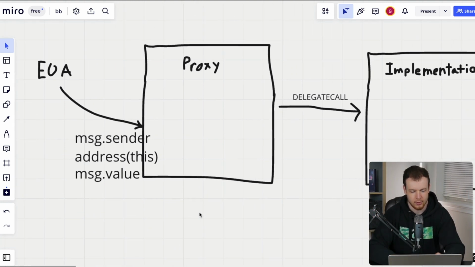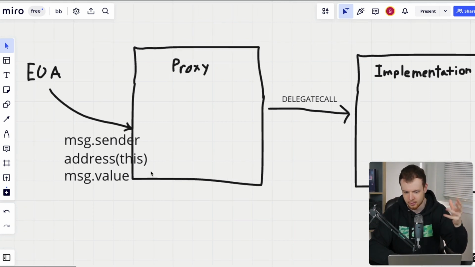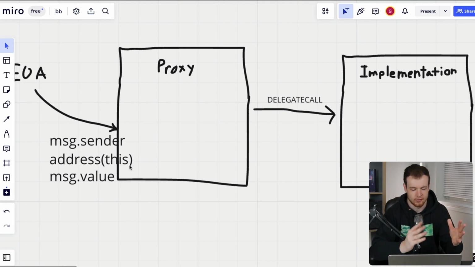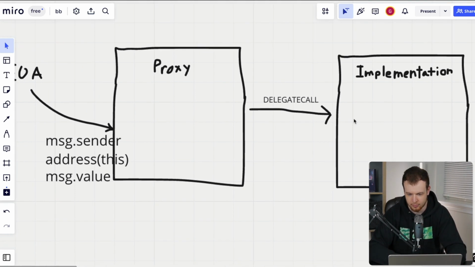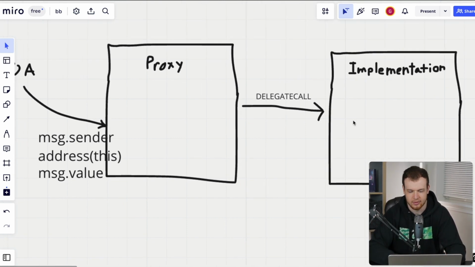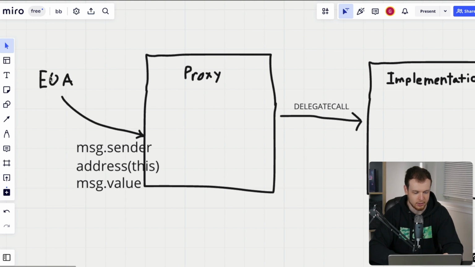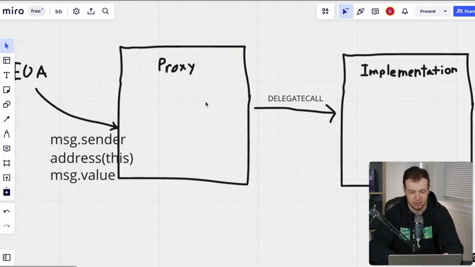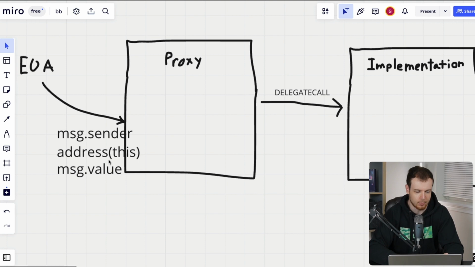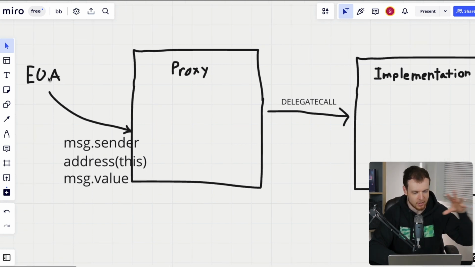But basically, we're going to take all of this data within the transaction, so the message sender, address this, message.value, among other things, and we're going to preserve it when we delegate call to the implementation. So it will be as if we called the implementation and it has the exact same thing. So message.sender, when we're within this delegate call execution on the implementation contract, is going to be this EOA here, and then address this is going to be the actual proxy address, and message.value will be whatever message.value the EOA sent,